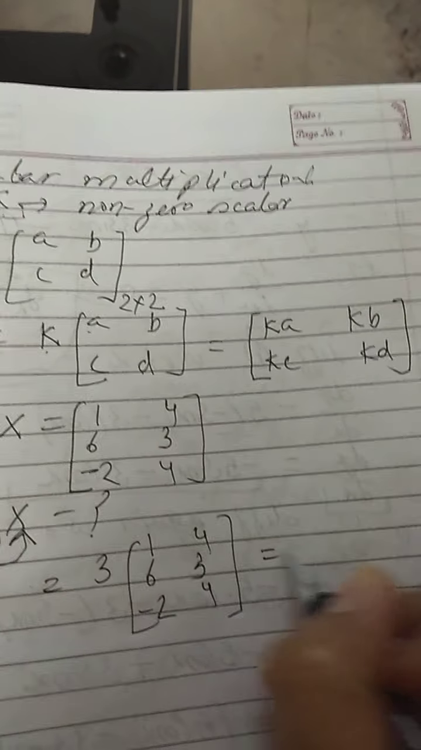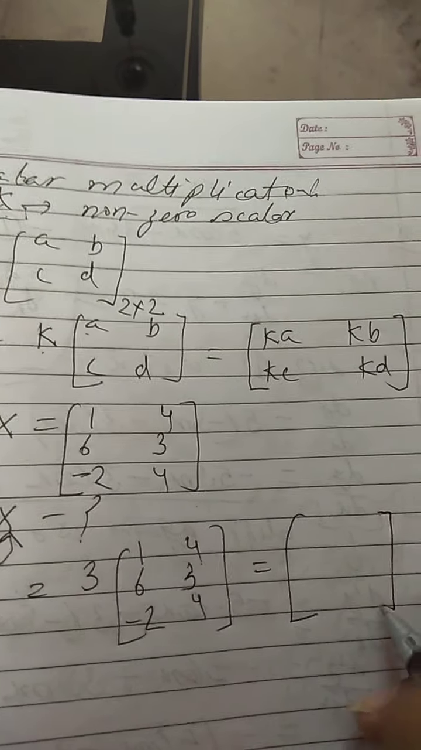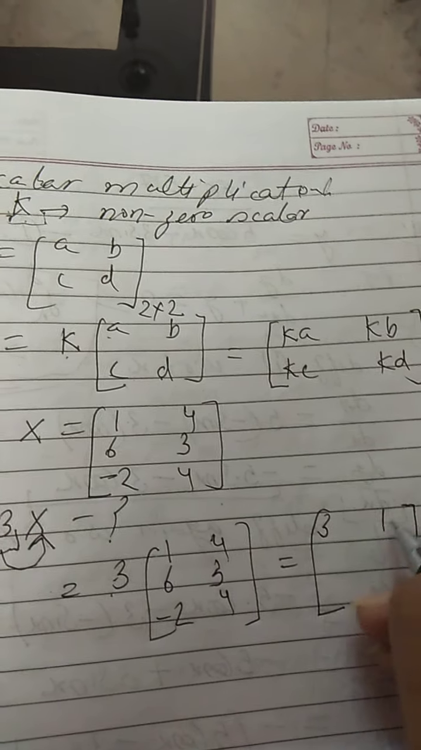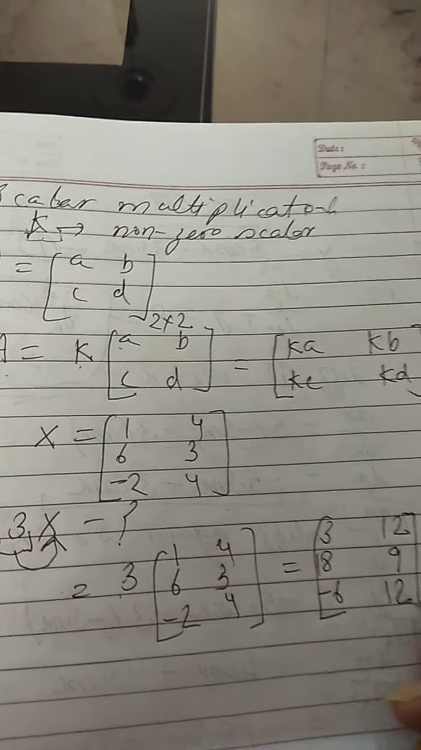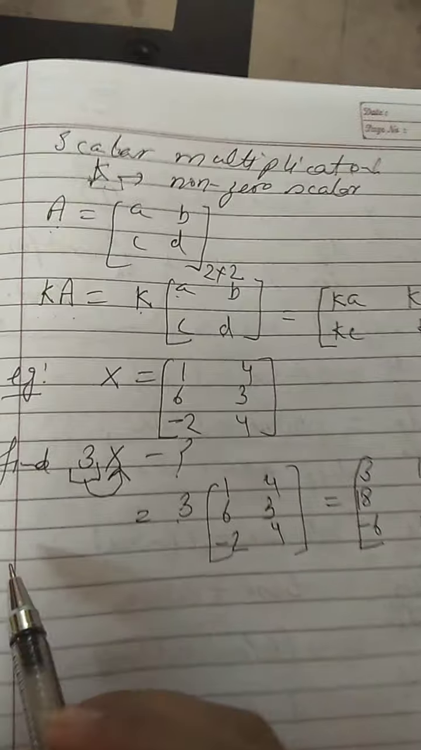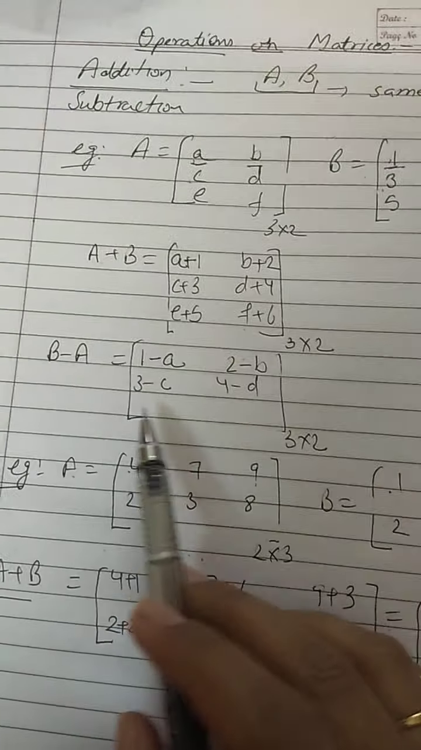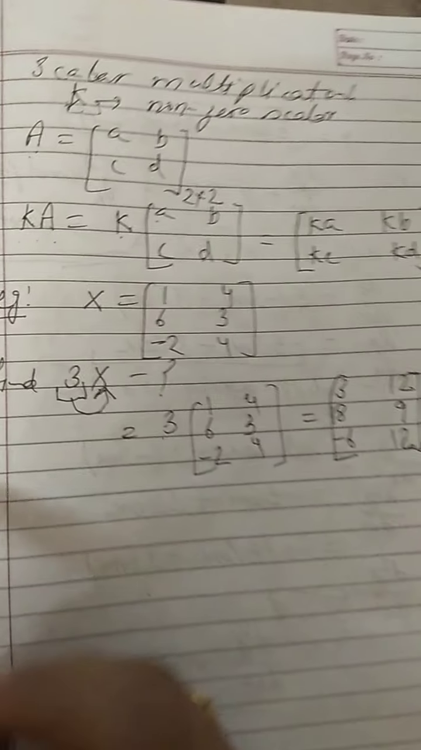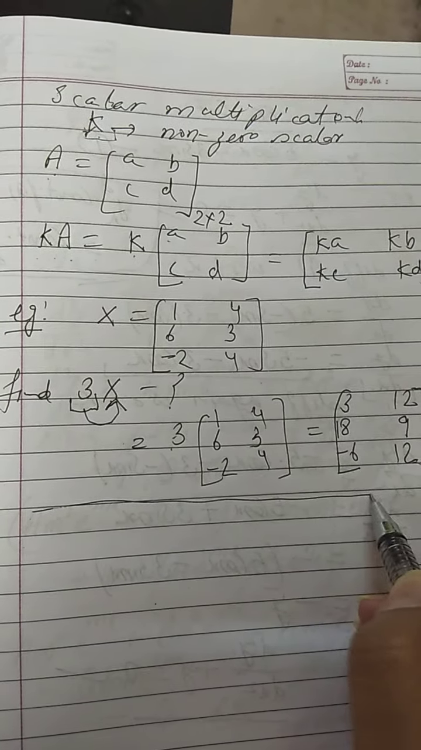Let us multiply this 3 with all the elements of the matrix. So what will happen? 3 with 1 is 3, 3 into 4 is 12, 3 into 6 is 18, 3 into 3 is 9, minus 6 and 12. So this will be the value of matrix 3X. So this way we can do addition of matrices, we can find the difference of matrices, we can do the scalar multiplication of a given matrix with any non-zero scalar, and based upon this you have many sums in